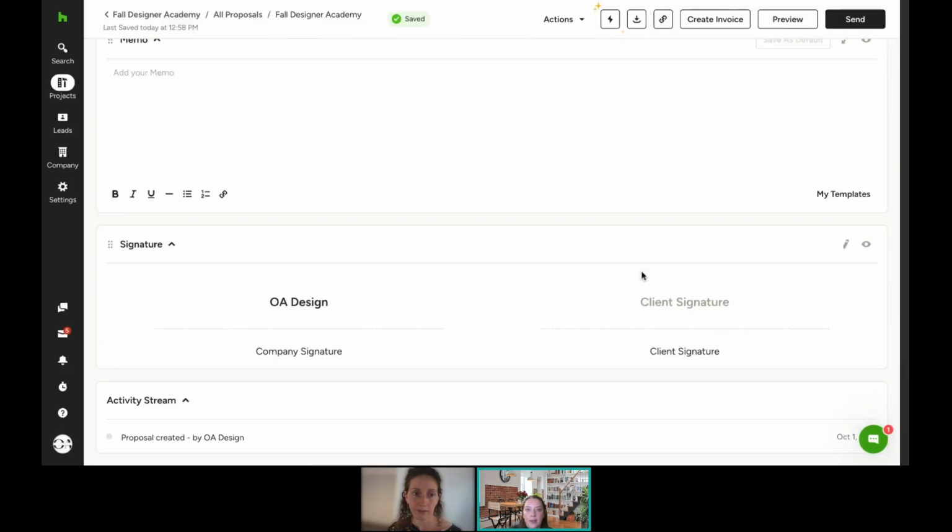And then second to last but not least is our signature field here. I want my client to sign to approve this proposal, so I'm going to keep this section on. If I don't want it, I can hide it, but you do have this signature field. This is only